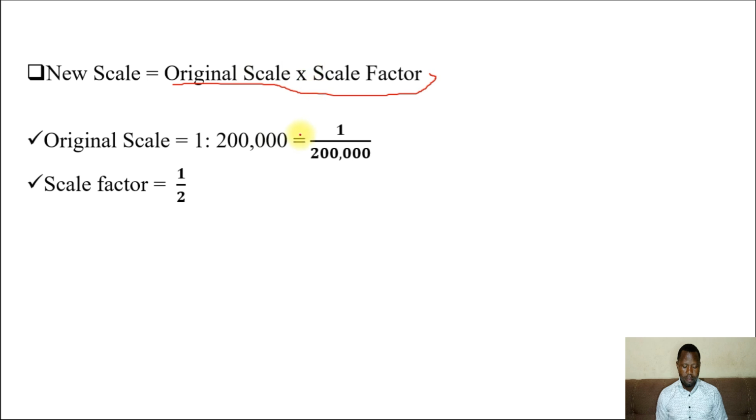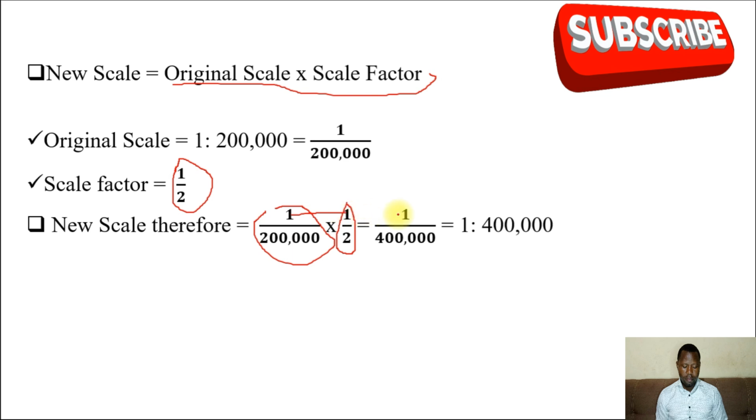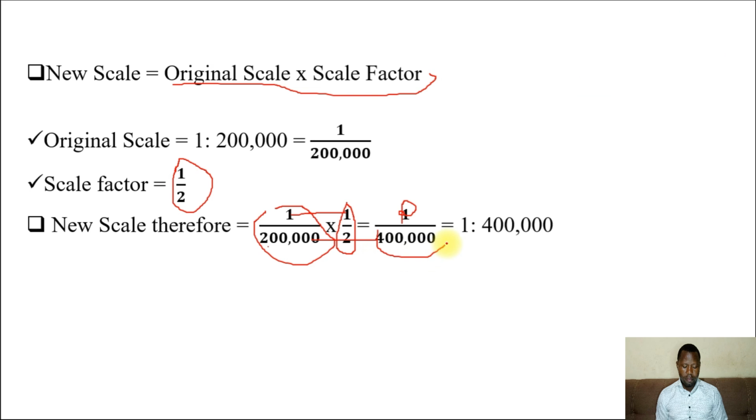Now, we said our scale factor is 1/2. So therefore, our new scale will be 1/200,000 times the scale factor, 1/2. So what does it give us? 1 times 1 will give us 1. Then 200,000 times 2 will give us 400,000. This means our new scale becomes